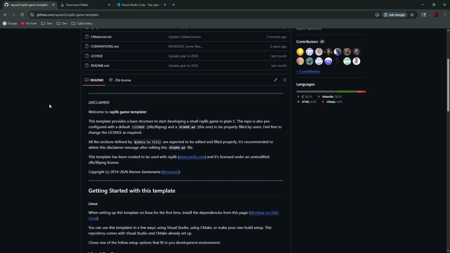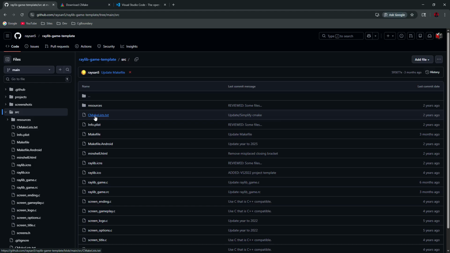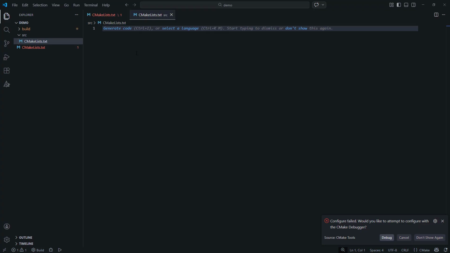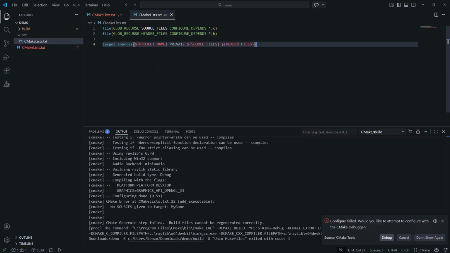So I'll just go back to the front. Here we go, src. And there's this CMakeLists.txt file in here. I'm just going to copy this and go back to Visual Studio Code and paste it in there. And all this is going to do right here is say file, glob resource, source files, configure depends,